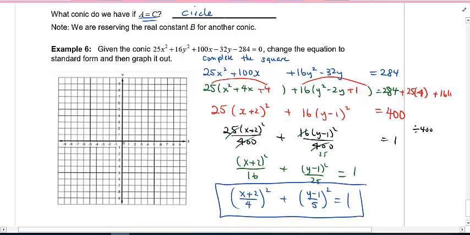And then finally, can you graph it out? I'm going to say yes, you can, but I'll just do it quickly for you anyways. Negative 2 comma 1, go 4 to the right, 4 to the left, 5 up, 5 down, connect them. Ooh, didn't draw it really nice, but connect them together, and then you are